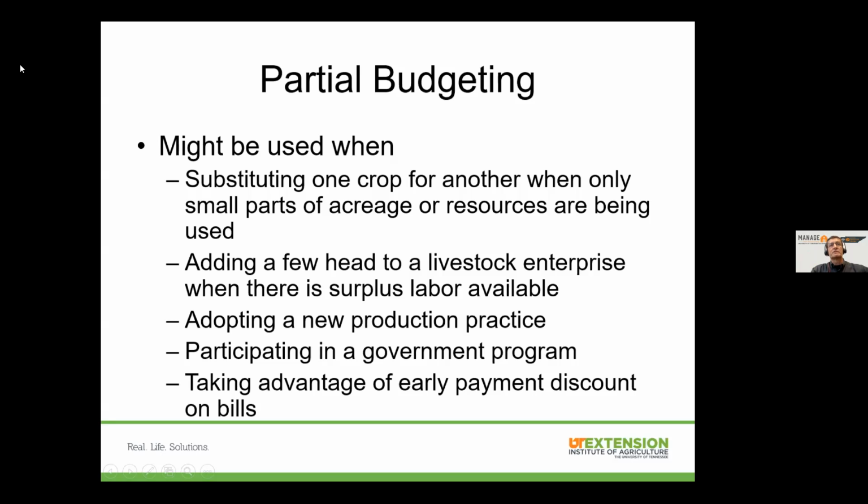We also do some partial budgeting. For instance, one example that I use a lot with our beef producers is stockpiling forages in the fall. So we look at the value of buying less hay and using more of the pasture system. How does that affect the bottom line? Whether it's going to be adopting a new production practice,